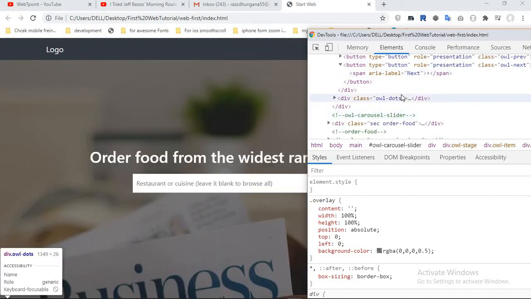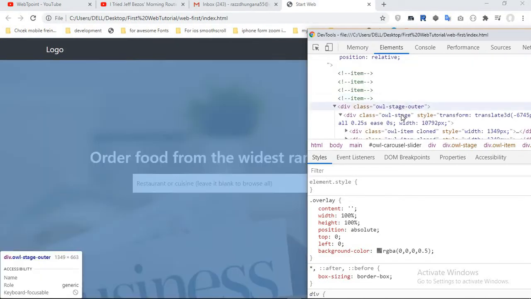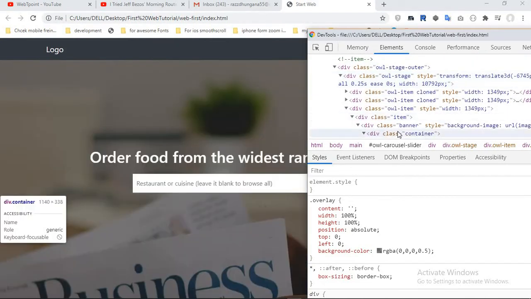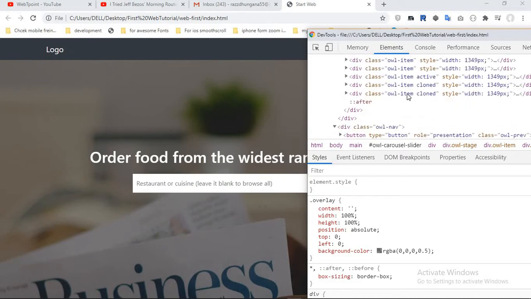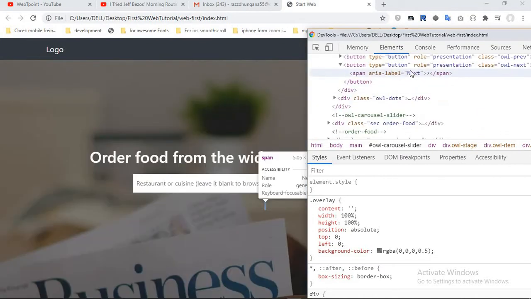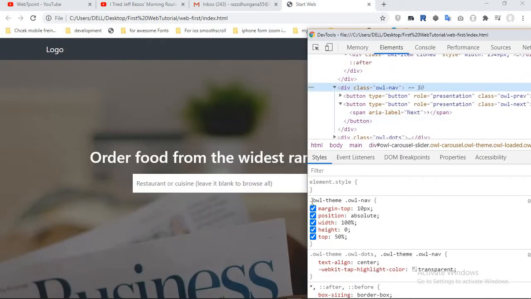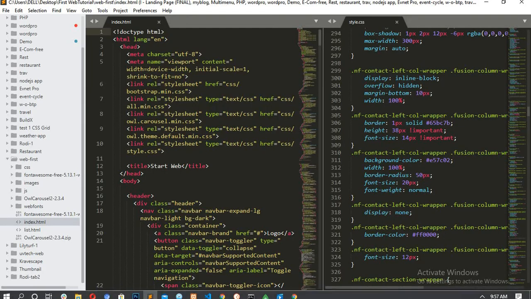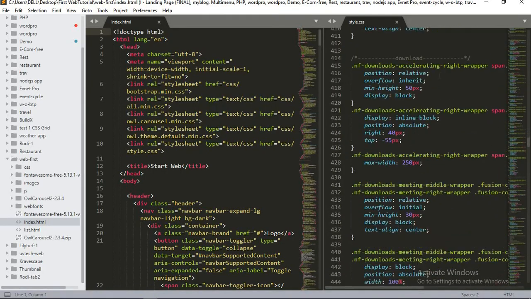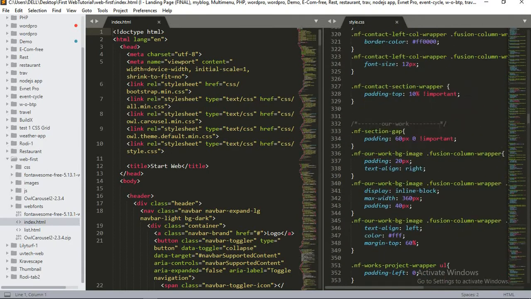I have the CSS here in all nav, all theme dot all nav. Copy this out, go to our CSS, then